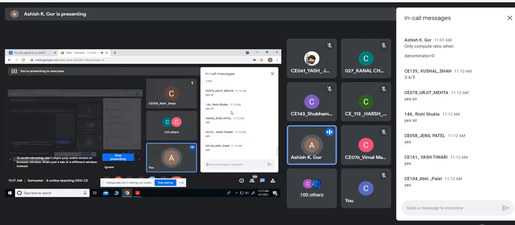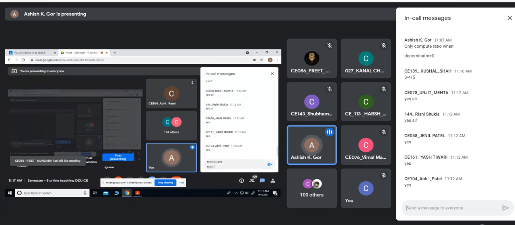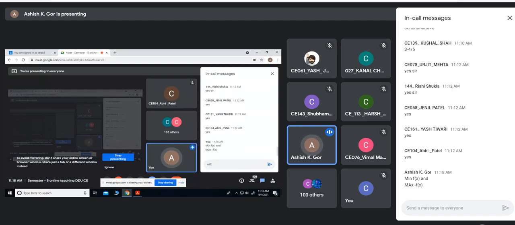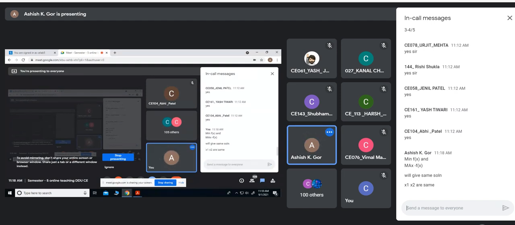The answer is the same. So remember, minimization of f(x) and maximization of minus f(x) will give the same solution. Same solution means the values of x1 and x2 are the same, no matter which problem you solve. But the value of the objective function